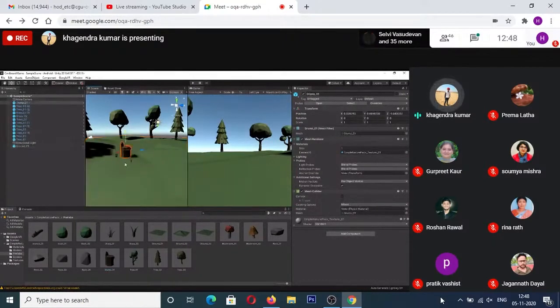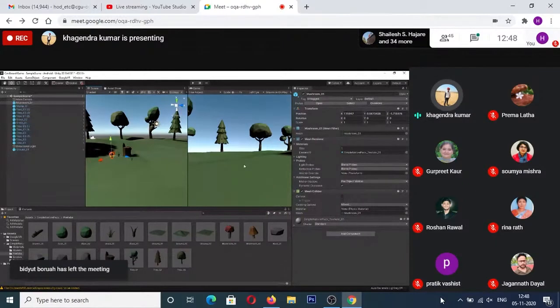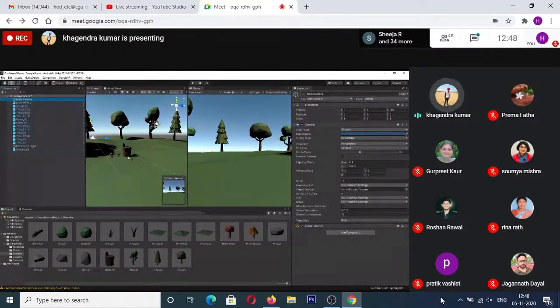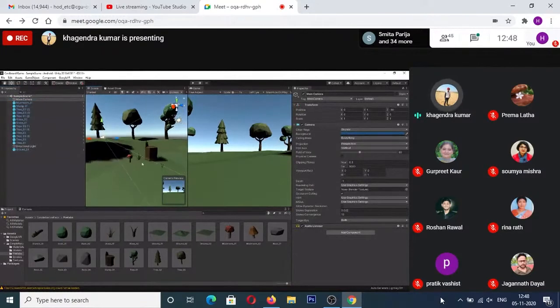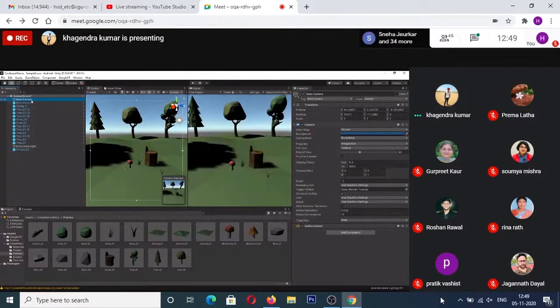So let me go ahead and add a few more. So I've added a few more details over here. I want to look into these details, but right now it is not available for me to view. Now, in order to make this happen, I'm going to go ahead and select my main camera, change the view properly, what I want to look, and then press Control, Shift, and F together. Now, once I do that, the camera position snaps to this exact view which is there in the scene view.